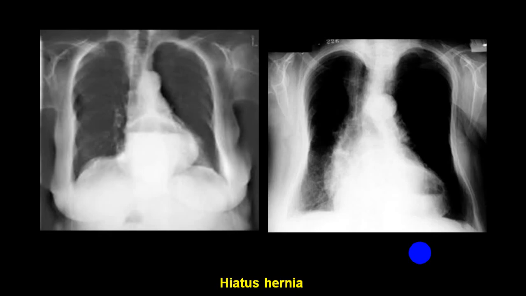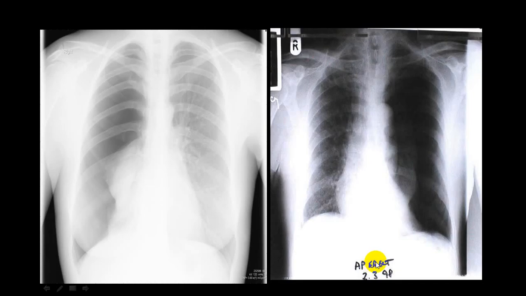Yes, I'll just explain this part. Now if you look here, this is diaphragm, this is mediastinum. And can you see in this mediastinum, there is something which is producing a horizontal air fluid level. Whenever you see an air fluid level in a mediastinal shadow, always suspect hiatus hernia. Can you see this horizontal fluid level? Very, very important.